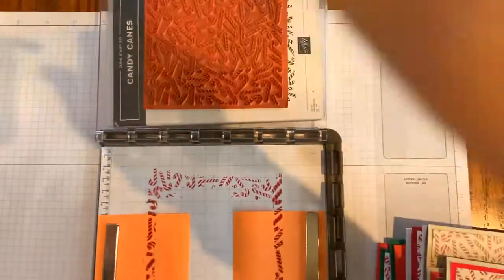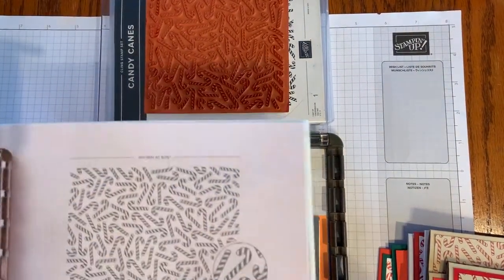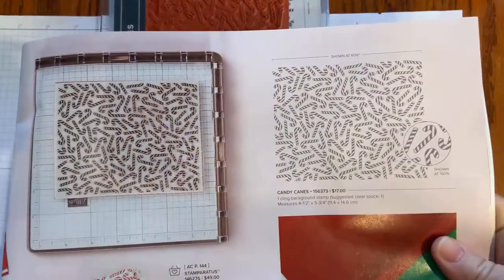So I'm going to switch my camera down and get started showing you what I have. Thanks for popping in, everyone. So the stamp set I'm talking about is the Candy Canes